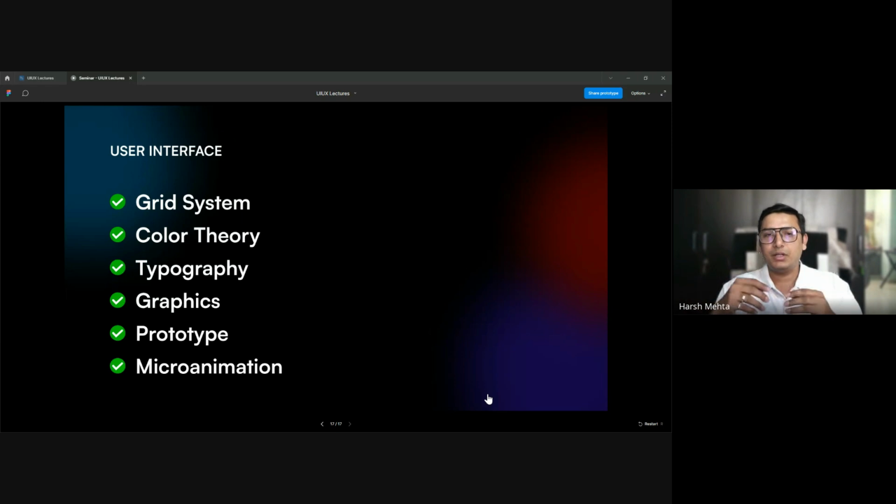Correct? So for example, if you see the screen right now of Google Meet, there are many small detailings, the border radius, the size of the buttons, the size of the fonts. So if you don't understand just by looking at it that, oh, it is not matching the actual layout, it is not matching the actual design, that means you are still a little far from the details. So it is all about the details when it is about UX and UI. Anyone can make it by creating a sketch. Using Figma again is not UI UX. So it is the details, it's the eye for details that needs to be developed while practicing.